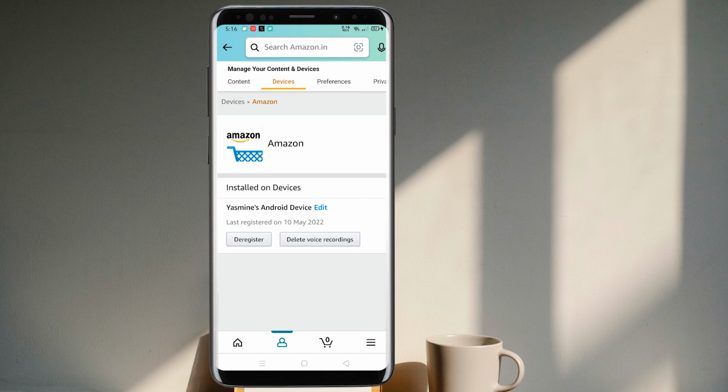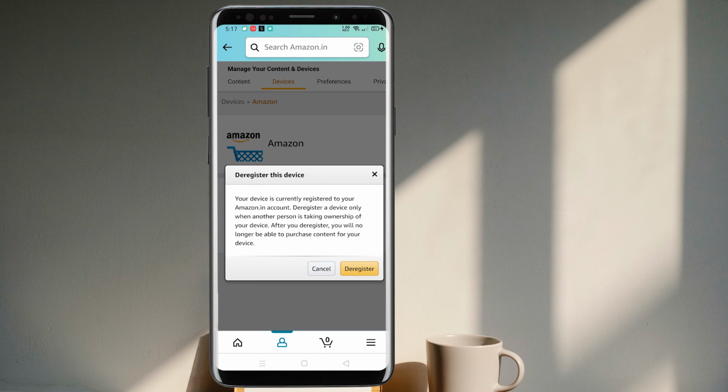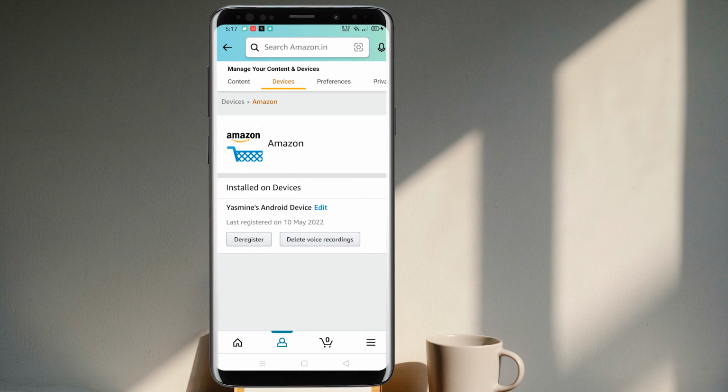Since I have logged in, let me just deregister it. Once I deregister it, I will certainly be out of this account on this phone. So here's the thing, this account may be registered on various other devices, like your phones, your tablets, your computers, TVs, etc. So once you come to this page, you may just select any device that you have this account registered in,